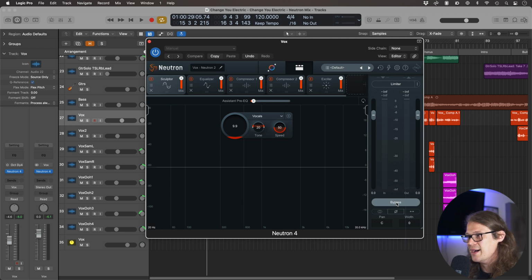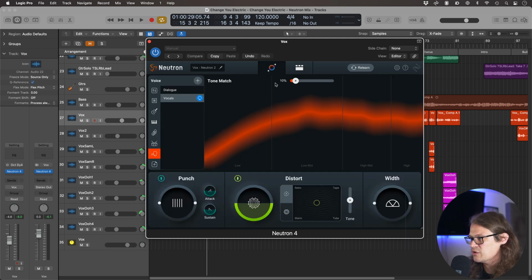That's kind of a cleaner bypass, but it's not actually visible when you're in this menu. So just bear that in mind. So let's take a listen to it now with that first wave of processing off and just the bus level